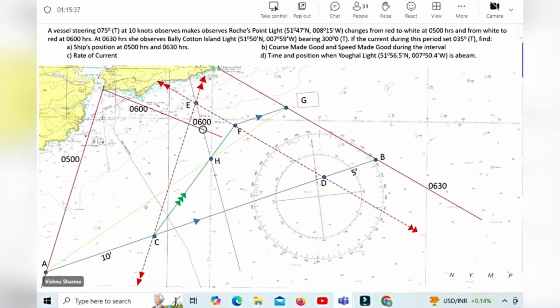You see, guys, because our current was 030, it was being drawn correctly, so position has come on the same side of E. Otherwise, if the current was, say, somebody had given south westerly current or something, the position has to go on the other side of E then. It can't be on this side. Okay. Now,